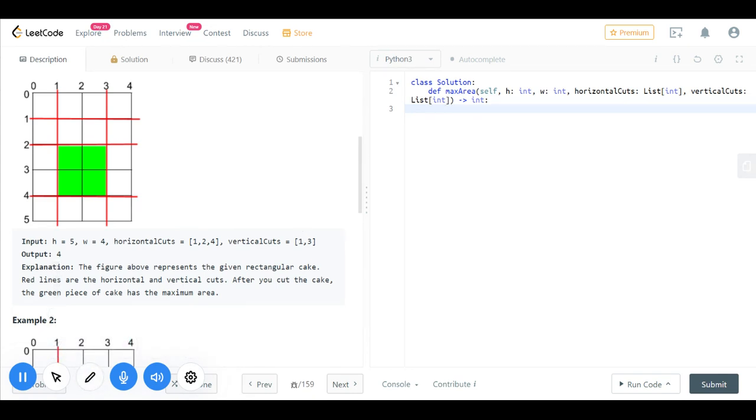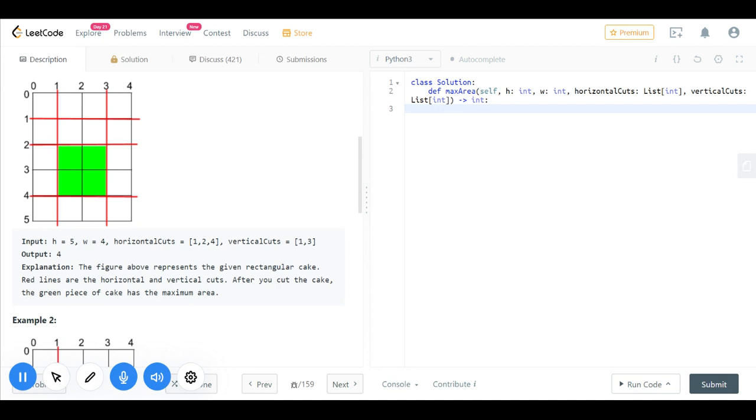So initially, as I've told you, for the horizontal cuts, we'll be adding 0 and the last, that is the maximum length. h is equal to 5 in this case, right? So we'll be adding this h for the horizontal cuts.